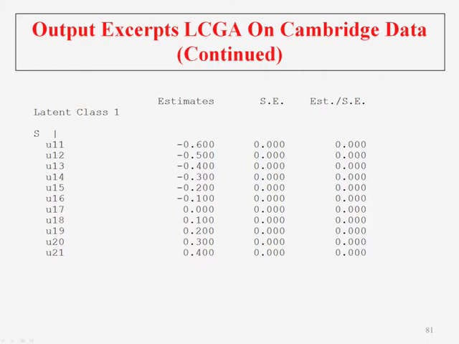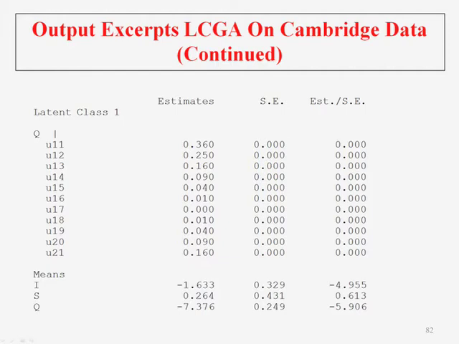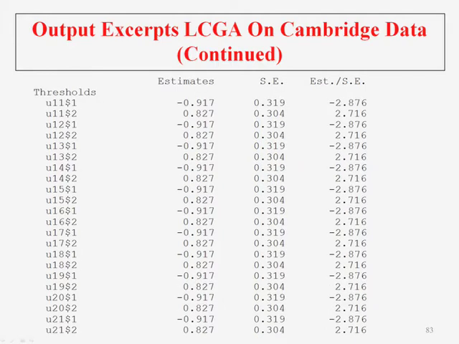So it's always a good idea to take a moment to go through your output carefully and make sure it looks like you got what you asked for. And then we have Q bar. So what Mplus does is the quadratic time scores are simply the square of the linear time scores. So Mplus squares those values for you automatically because you've used the growth language. In class 1, the means of I, S and Q are free. The thresholds are free, but they're held equal across